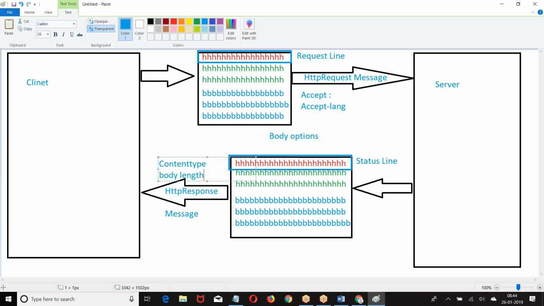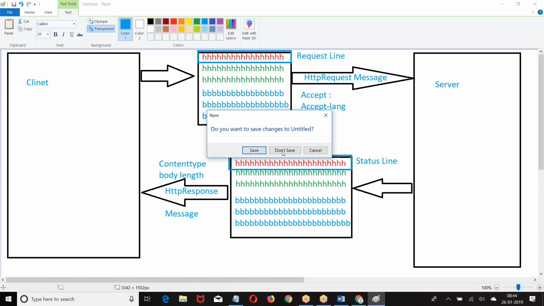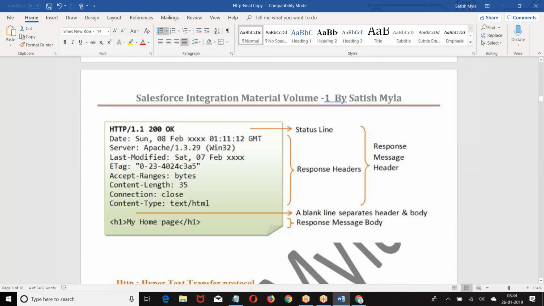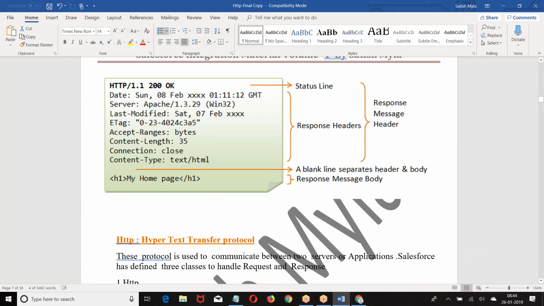Client, request, response, server. I hope you are good. So this is the basic format of understanding the HTTP request and response format. Generalized theoretical information about what is a URL, what is a protocol, how the request will be, how the response will be.